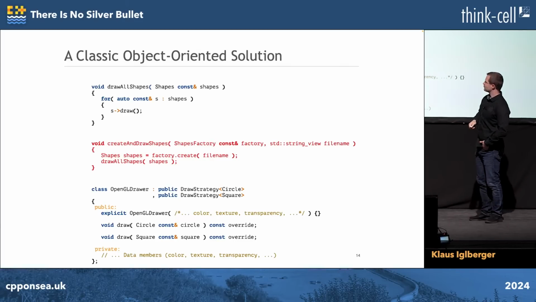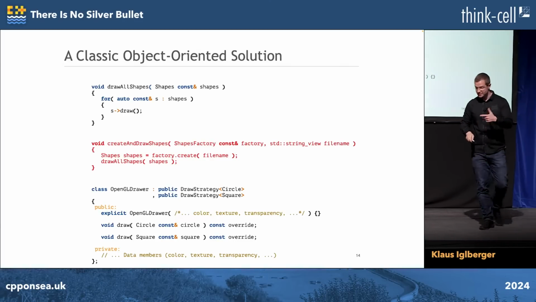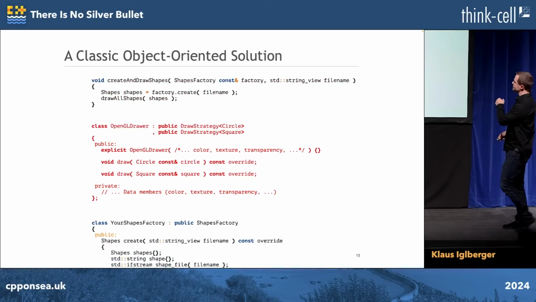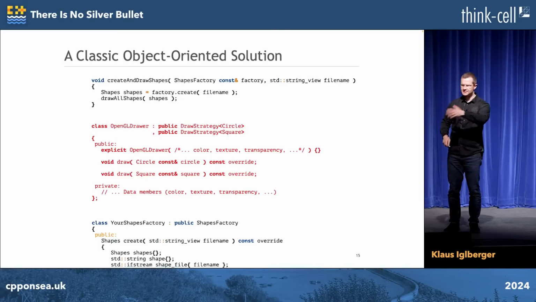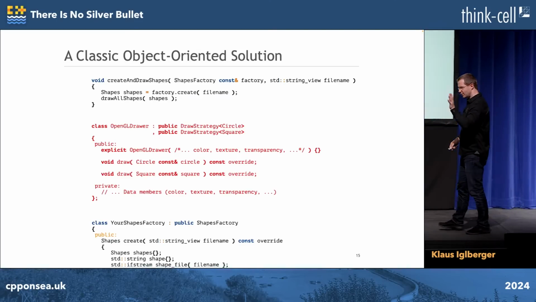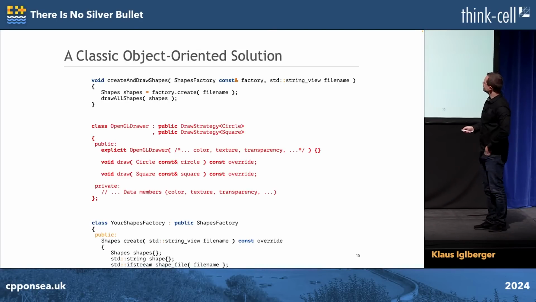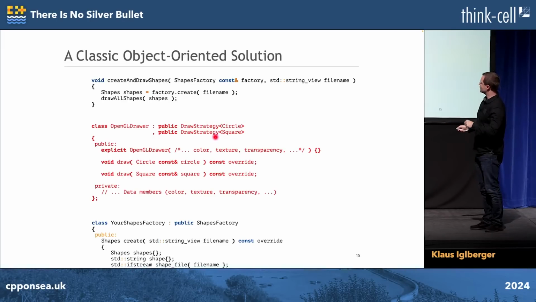Nice. Good. Now with everything in place to actually do some work, I can now, for instance, draw by means of OpenGL. And if you don't like OpenGL, please pick another library. Doesn't matter. So I have a particular implementation of the strategies for circle and square, potentially a few more. All right. Then there is a constructor which takes all kinds of information that it needs to draw things. I implement the 2 necessary draw functions, and that's it. Good.